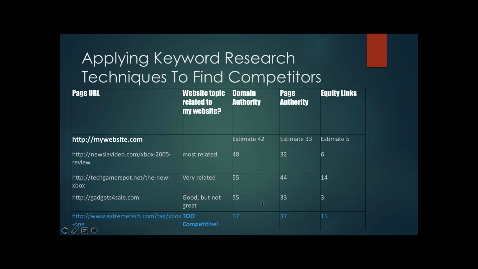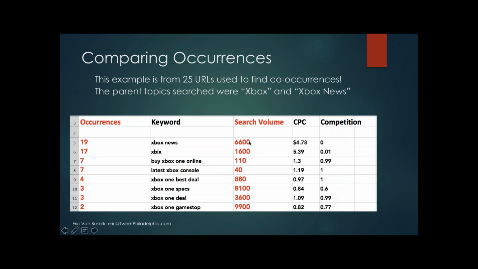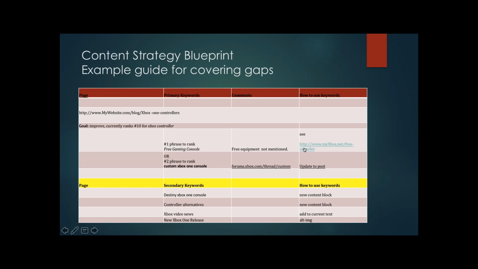We look at their domain authority, their page authority, equity, links, and we can say, okay, let's say these 3 really match my website. What they rank for, I can rank for. And then we look at another site, perhaps, and we say, whoa, wait a minute, this site, we can't rank for what they rank for. And then that kind of information can be pulled in and used with our topic analysis, because now you've got, I'm not showing that on this page, but now you've got this traditional keyword metric information that comes in from the technique that we used. And you've also got the topic metrics.